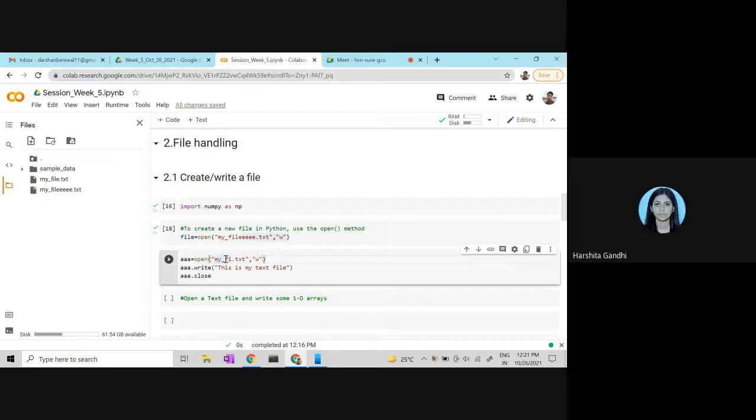So Sish, the file name is not AAA. The file name is what we are given in the bracket. The part after open in the bracket is the format: the first part we are giving is the file name, and after the comma we are giving the mode, like whether we want to write or read. Permission, okay.